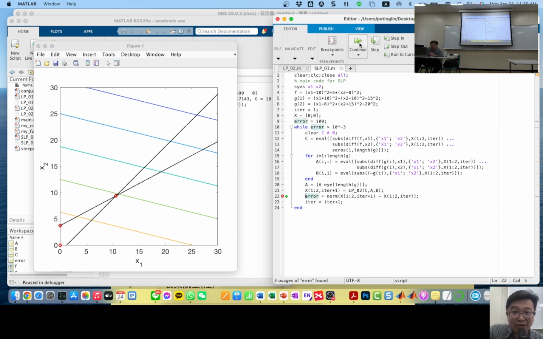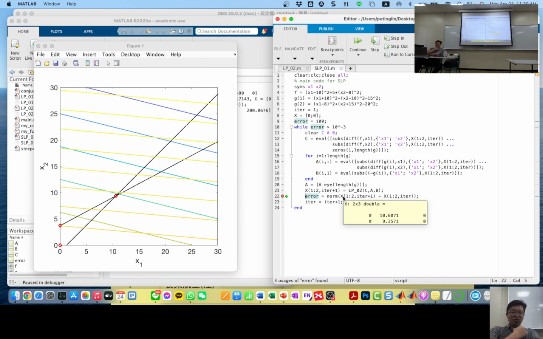Okay, the first time error is large, yes. Second time, oh, how come it's 0, 0? Iter now is 2 plus 1. So C is this, A is this, B is this. In the new